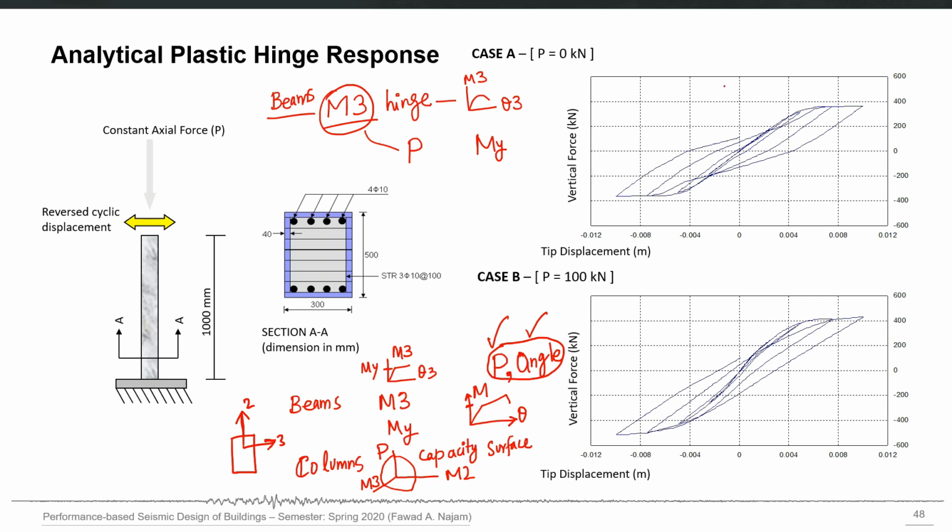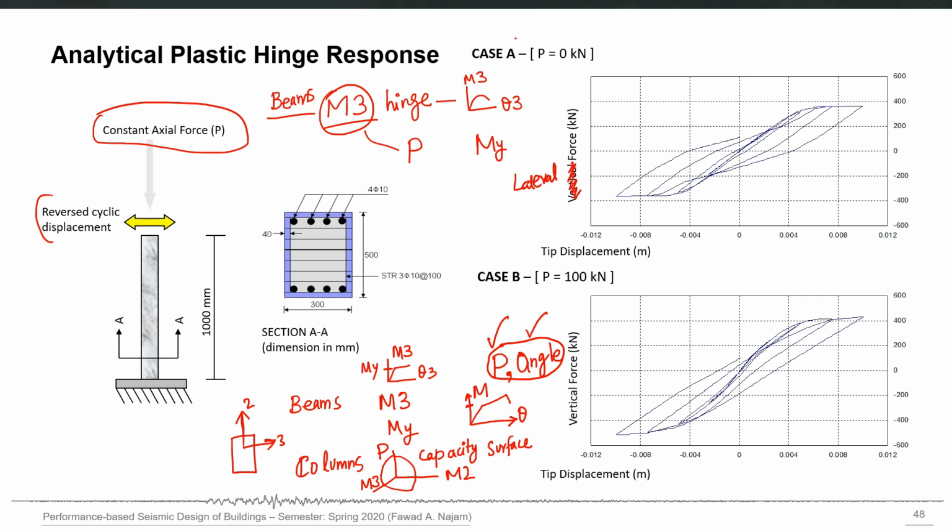In this slide, I show you that, for example, this is one cantilever column subjected to lateral force, and there is a constant axial force P also on that column. Now the lateral behavior of that particular column against lateral force depends on the level of axial force. Sorry, this should be lateral force. So lateral force is on the y-axis and the lateral deformation at the top is on the x-axis.